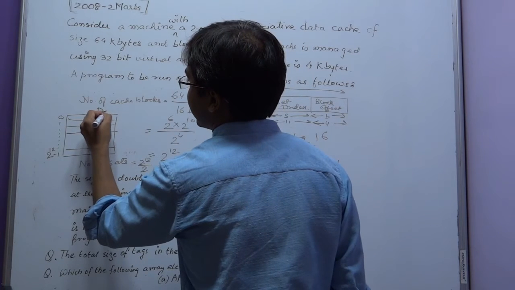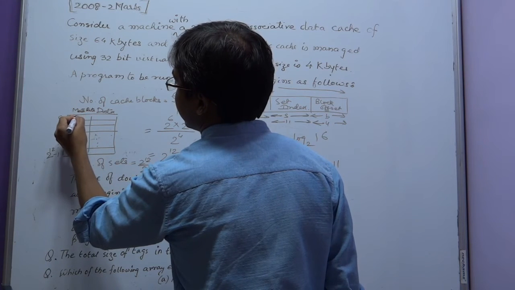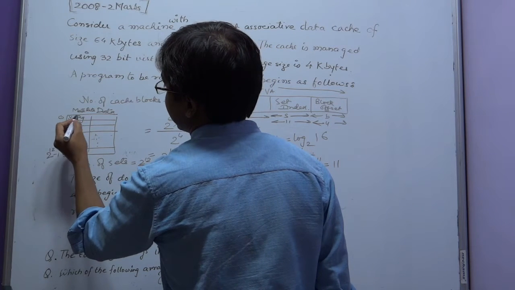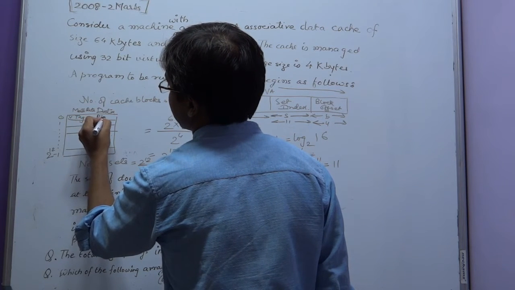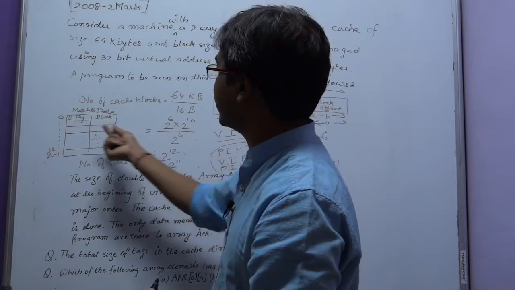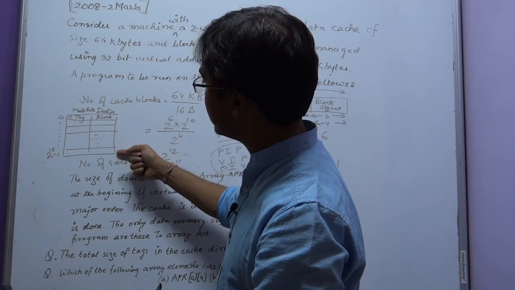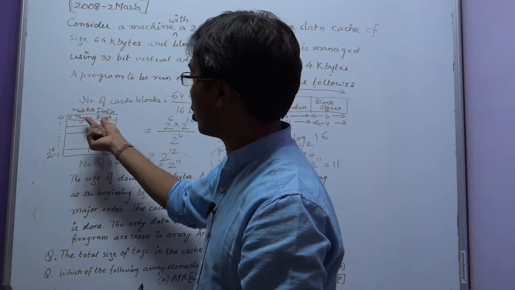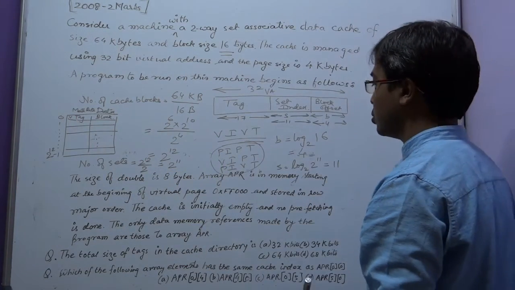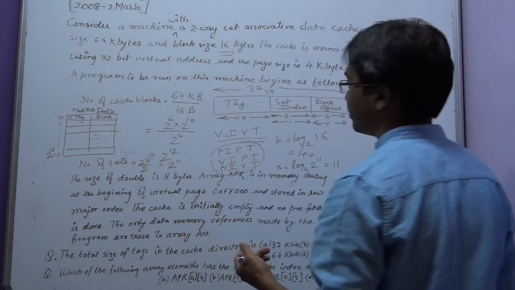And here we have data and also metadata. In metadata part we have valid bit and tag field, and here we have the block. And the tag field is 17 bits wide and it would be maintained with each of the blocks of the cache, right? So there are 2 to the power 12 blocks, and with each block we have 17 bits wide tag. So total size of the tags would be equal to 17 into 2 to the power 12. So this would be our required answer.